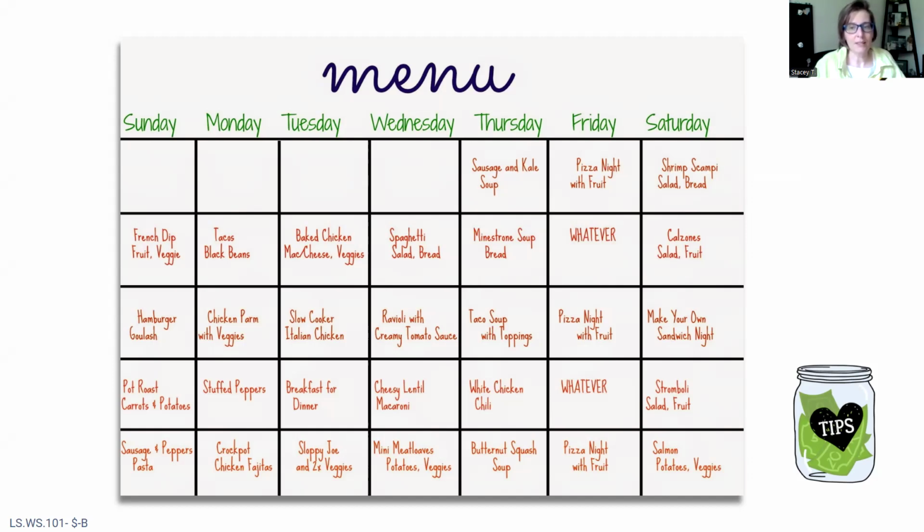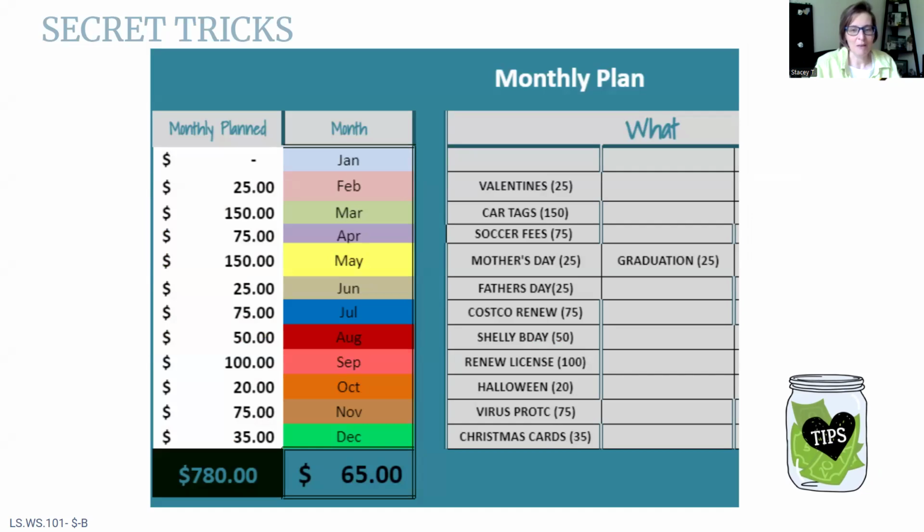But what happens is if you make your menu based on that week, I know I have it for a month, but if you have one based on that week, you're going to see that, oh wait, Sunday I don't have to make a big old meal because we're eating at my mom's, and this week I'm only in charge of the salad. And Thursday we're going to be gone for dance and soccer. Saturday, we've been invited to a barbecue, and I was just asked to bring drinks. Things like that will really help with your grocery budget as well. There's my monthly plan.